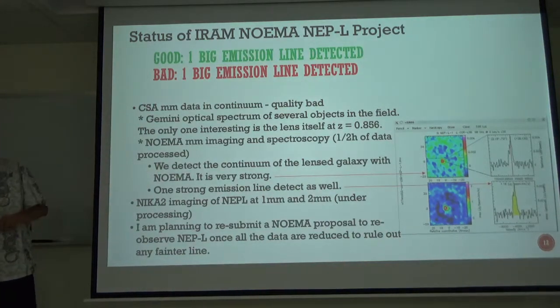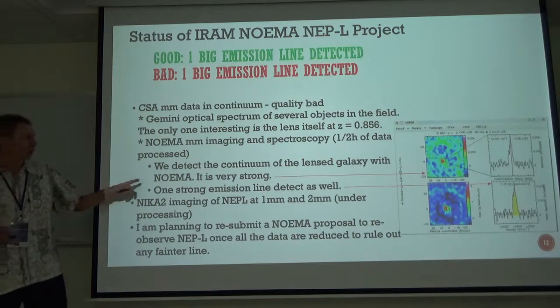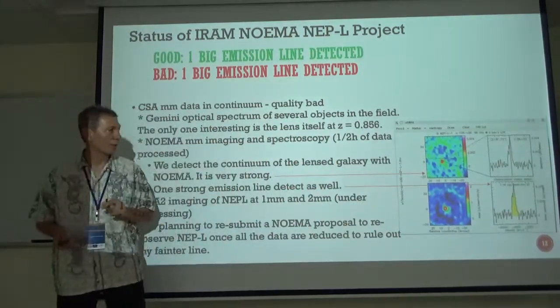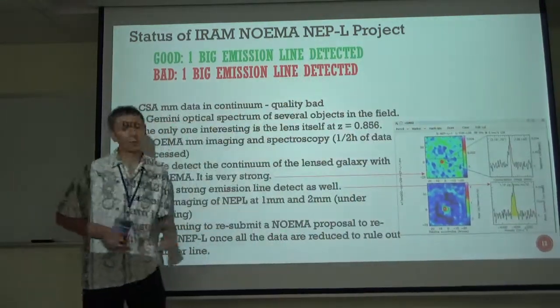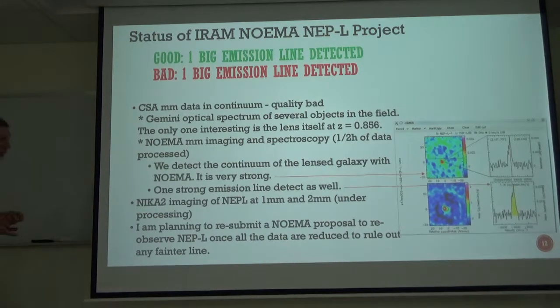We observed this source with NOEMA, that's the antenna, the former Plateau de Bure. So we detected the continuum, it's here. It's approximately in the center, so very close to the lens. And we have one big line, which is here. The good point is that one line is detected, but only one line is detected, so we